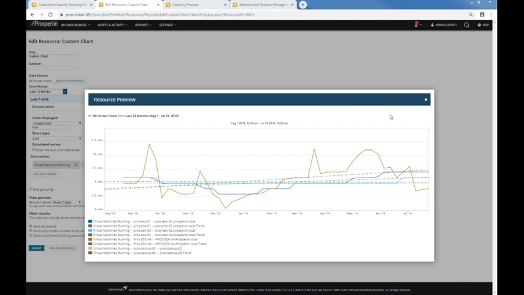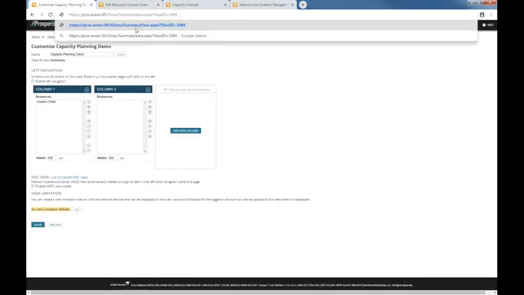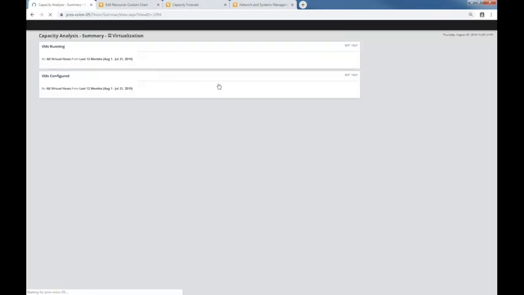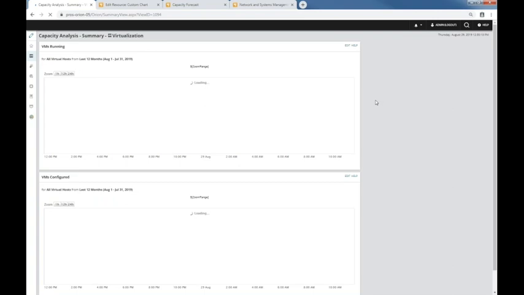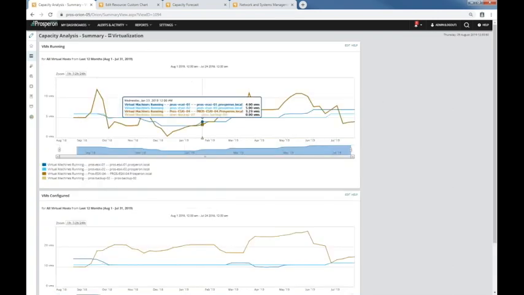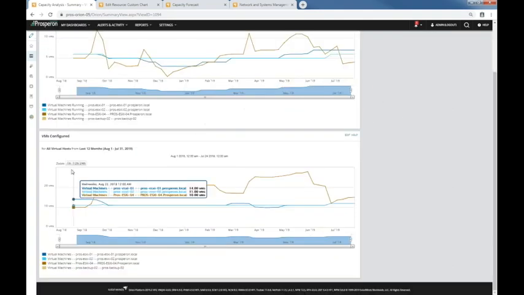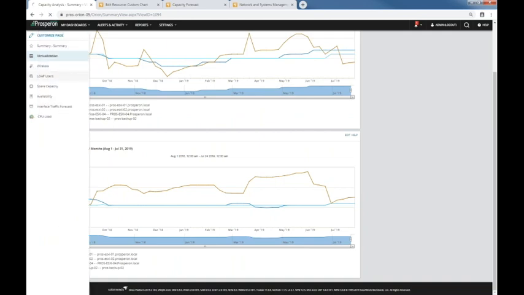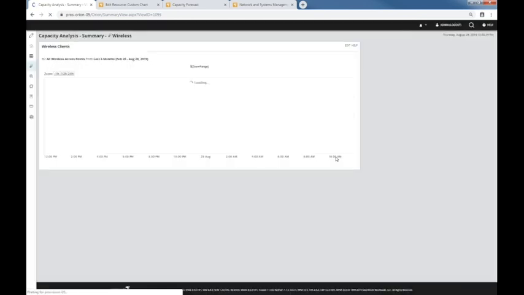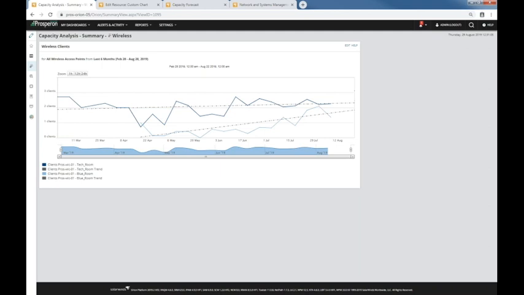Just to show you the kind of information that we have created here. This is a view already created for you guys. You can see the number of VMs running, and also we can see the VMs configured. And the same, using the default thresholds, we can use it for other types of dashboards. Like for example, show me the amount of wireless users in our wireless network. Again, you can see